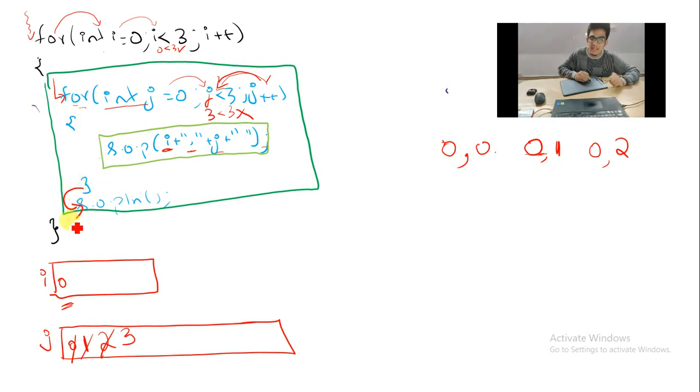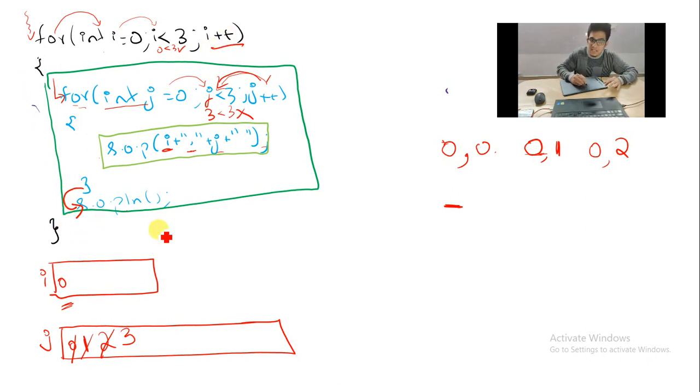Control comes to the second line. Because the loop is completed, control will come out of the j loop. When the control comes out of the j loop, you are telling SOP ln. Now the cursor was here, right? Because of SOP ln, the cursor moves from here and comes to a new line. After SOPLN, is there any other statement? No, there is no other statement, which means it will see the closing bracket of the I loop. When it sees the closing bracket of the I loop, what will happen? I plus plus will happen.